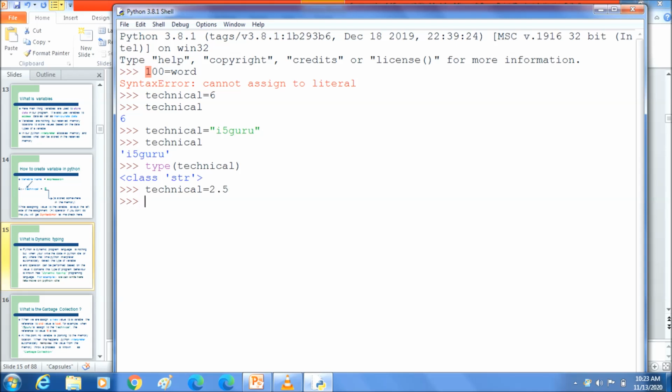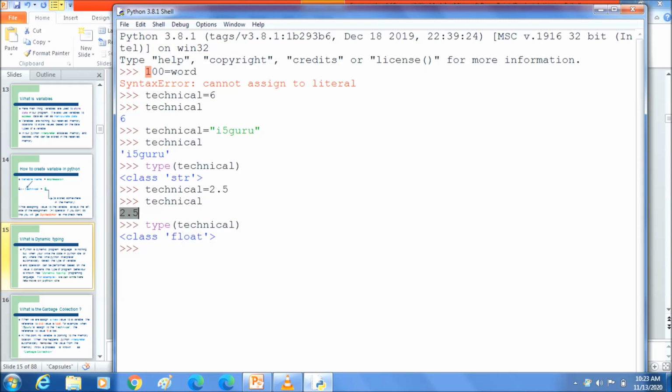Now technical contains a float value. Here, if you type technical, you will get 2.5 as output. Type of technical gives class float. To check the type, you should be aware of what value was assigned.